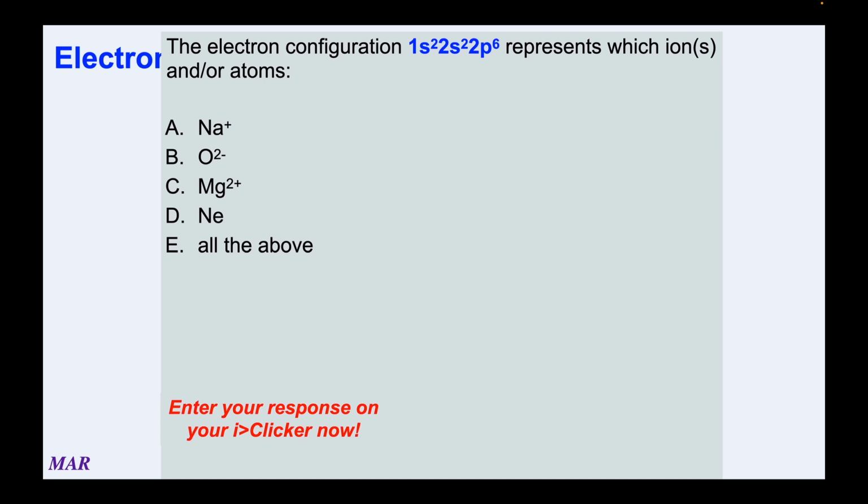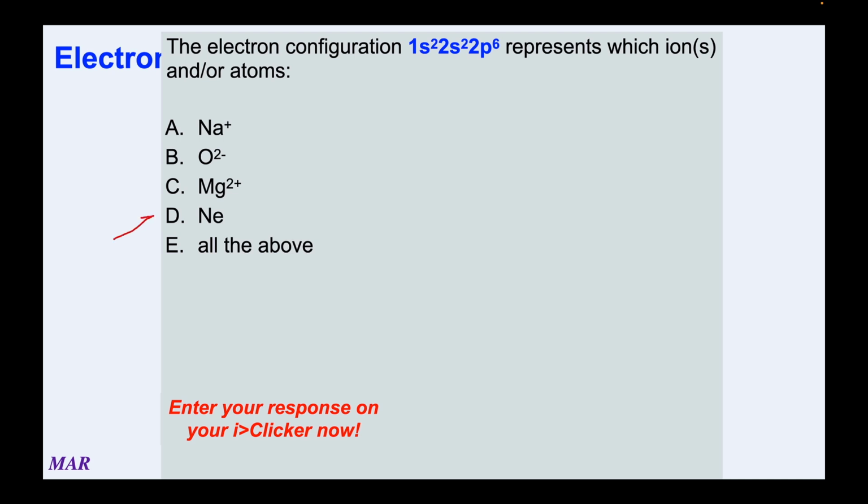So here's an example of a question you might see. The electron configuration 1s2, 2s2, 2p6 represents which ions and or atoms? And we've got here the sodium ion, the oxide ion, the magnesium 2 plus ion, the neon atom, or all the above. So one thing you could start with here is adding up the superscripts like we talked about. So 2 plus 2 plus 6, those superscripts represent 10. So that means neon is going to have a